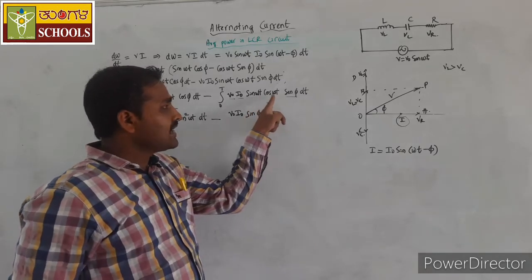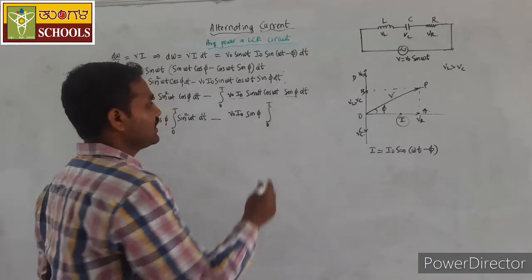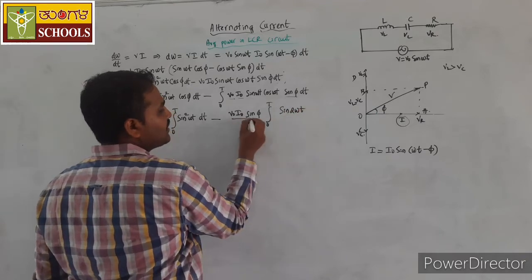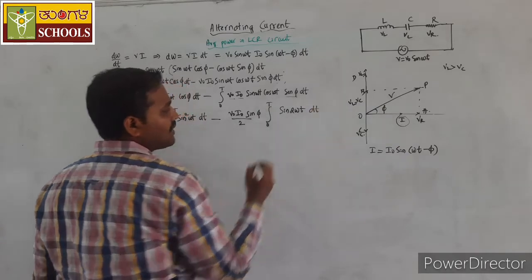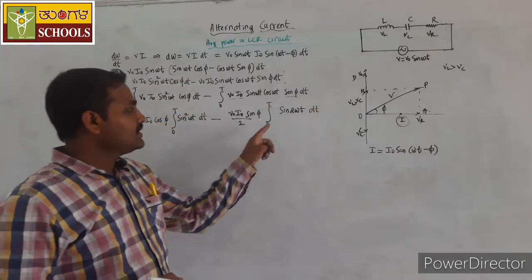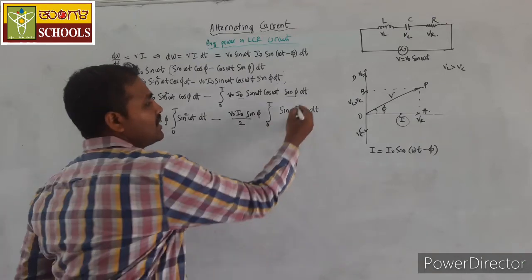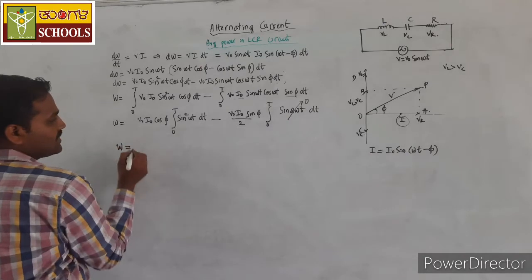This is sin omega t into cos omega t, I can write in the form of sin 2 omega t divided by 2, the divided by 2 I take it outside. With respect to time I am integrating. The integration of the sine function over one complete cycle is equal to 0 here. So I will remain with the work done is equal to